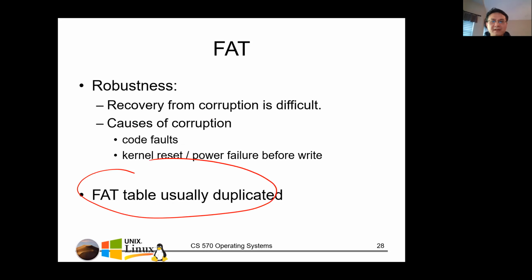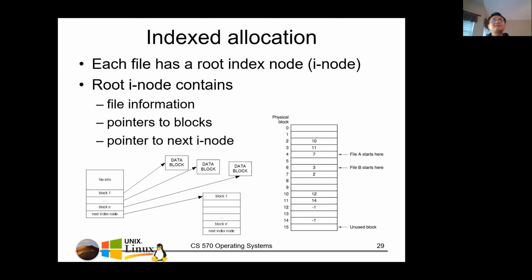Okay, so that was FAT, which is not really used these days anymore. Again, it is still popular in small storage drives, okay? Why is that? We just talked about it, right? If you have a small size of storage, then the FAT table size wouldn't be big either. So then FAT still works. All right, let's move on to the